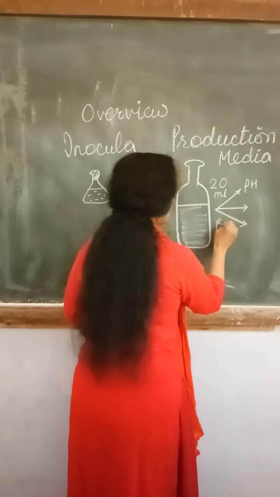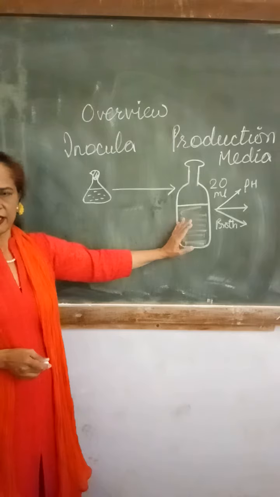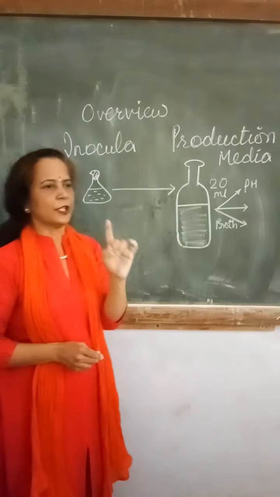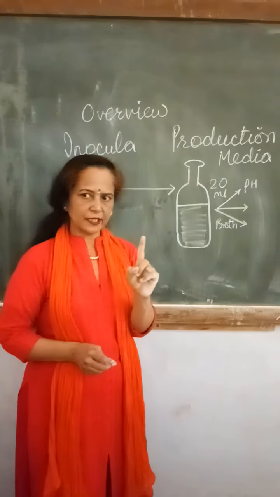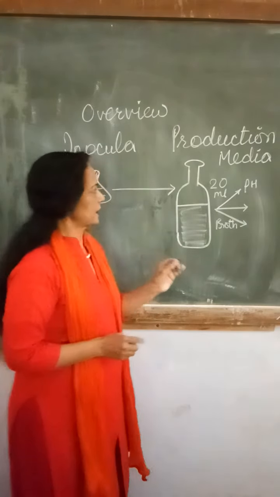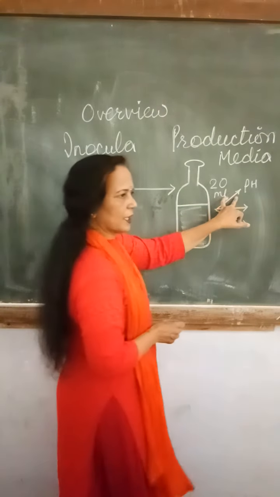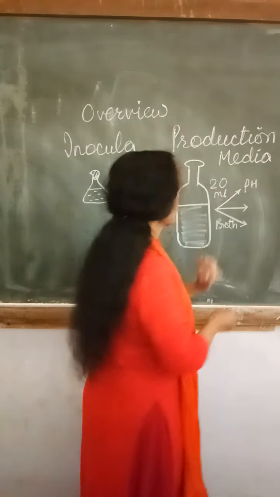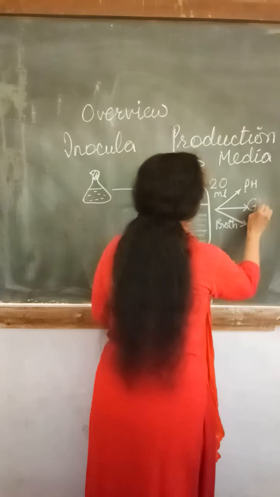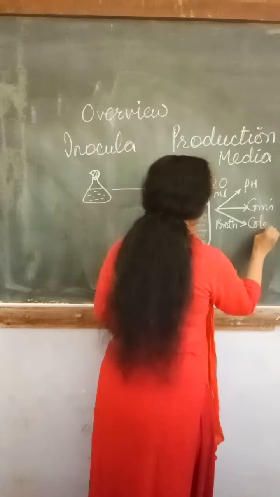20 ml broth we have already taken out now after shaking once. When you add the inoculum, shake only once to uniformly distribute the inoculum in the production medium. Then after you withdraw the 20 ml of the broth, on the first day you are going to check pH, then do gram staining, and then do Coles method.